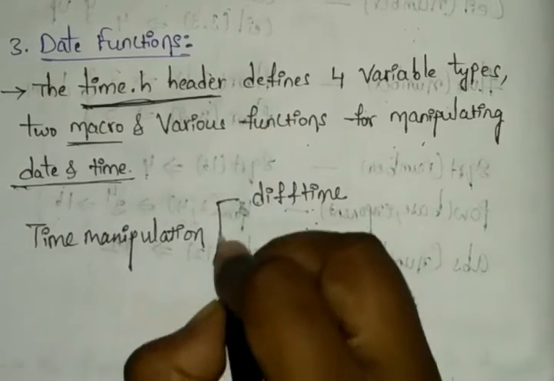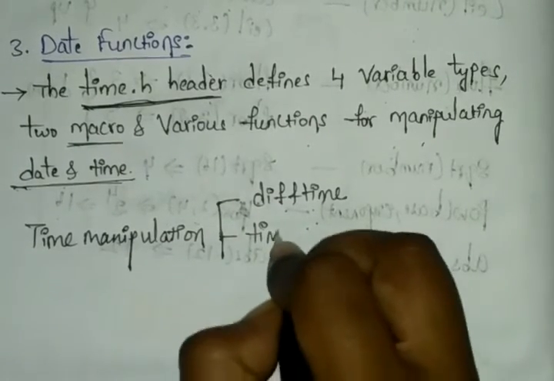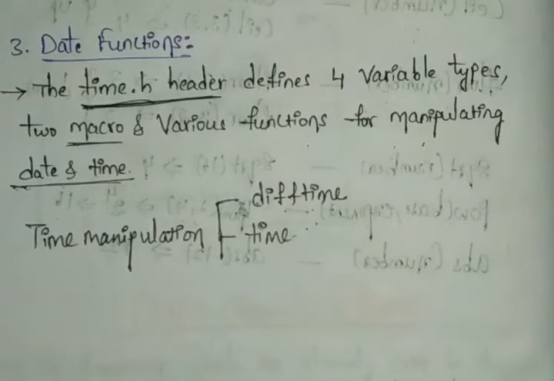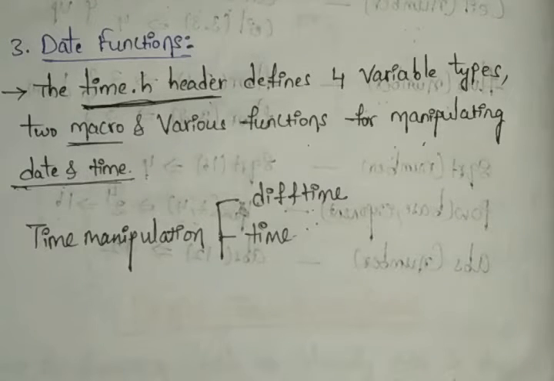And next you will have the time. It returns the current time of the system, at present how much time we have. Like if it is 2 o'clock, it can be displayed with milliseconds, seconds, minutes and hours, and the hour value can be displayed. The value of each is defined by our operating system dependency.